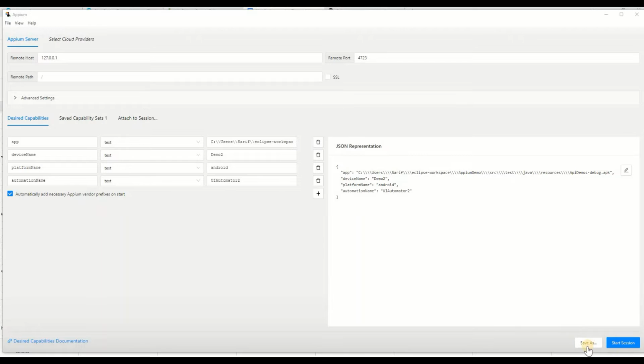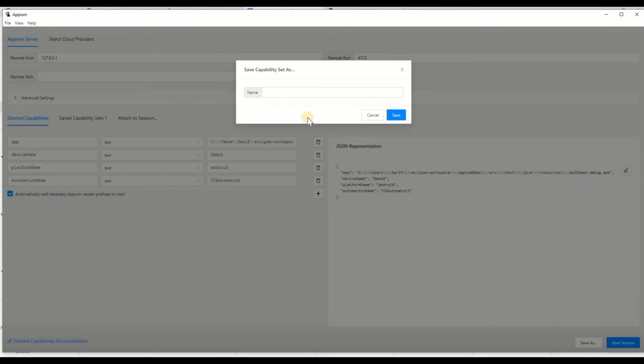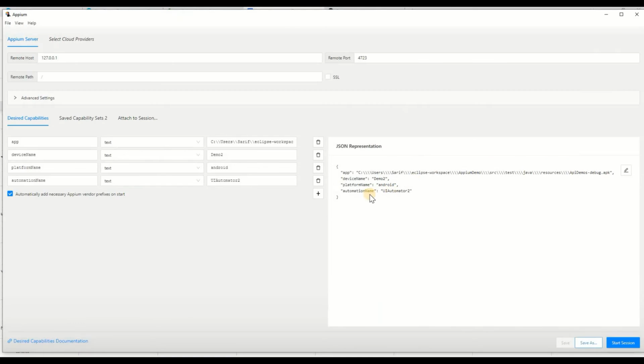Before you start the session, you can save it if you want. You can save these desired capabilities and give it a name, whatever you like, demo, demo 2, so next time whenever you are going to use it, you don't have to create these desired capabilities or the JSON script again. You can use them from the saved desired capabilities. Okay, so click on start session